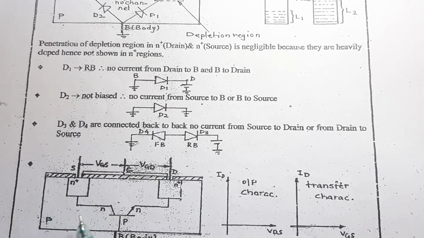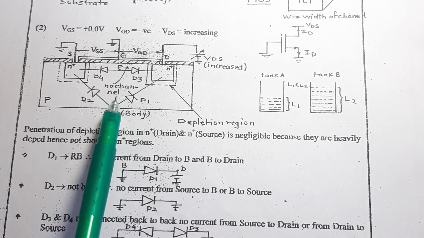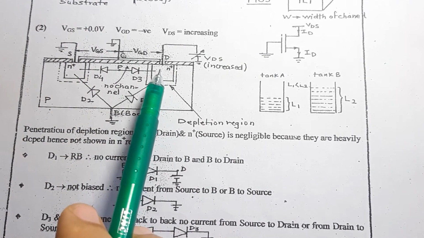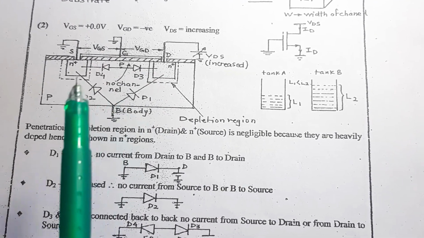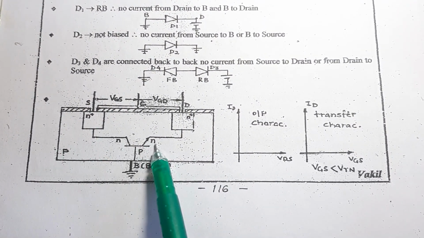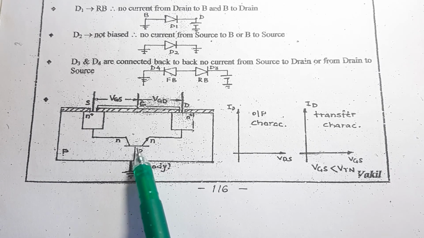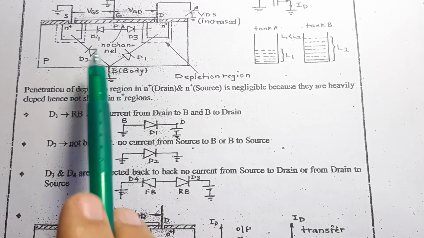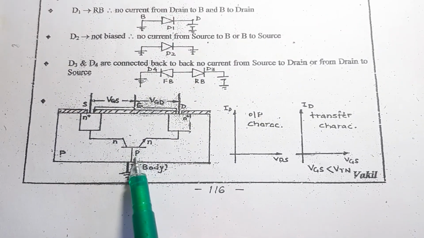Now if you look carefully, you have an N channel over here, you have a P channel that is common over here, and you have again an N channel over here. So can I say this P channel is acting like a common to both the diodes, the P body? Hence this diagram can be oversimplified as the N channel over here, the N channel over here, and the P type body. If you carefully remember, this was nothing but the diagram of a BJT, the two diode analogy, which is being replaced by an NPN transistor.